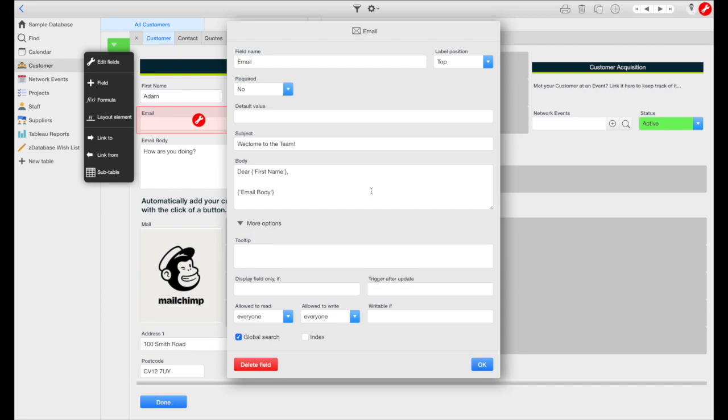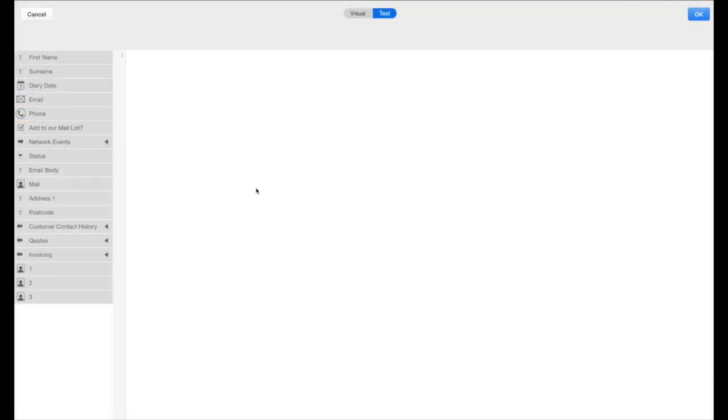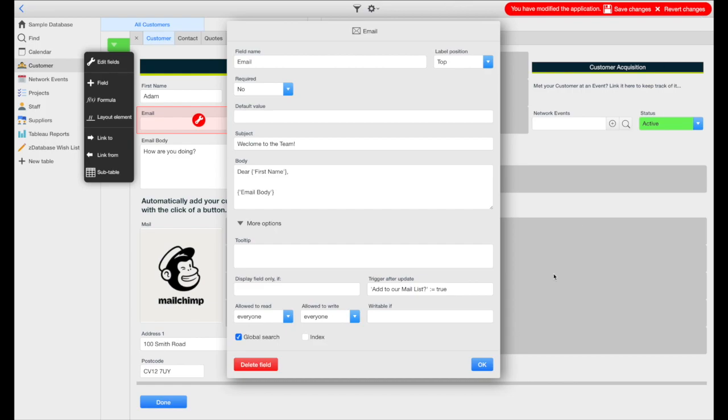So I open my email address field, go to the bottom where I have my trigger after update function, go into it, find the field I want to update, select it, write my command for what I want to update it to. So I'm choosing true, which means yes. Hit OK,